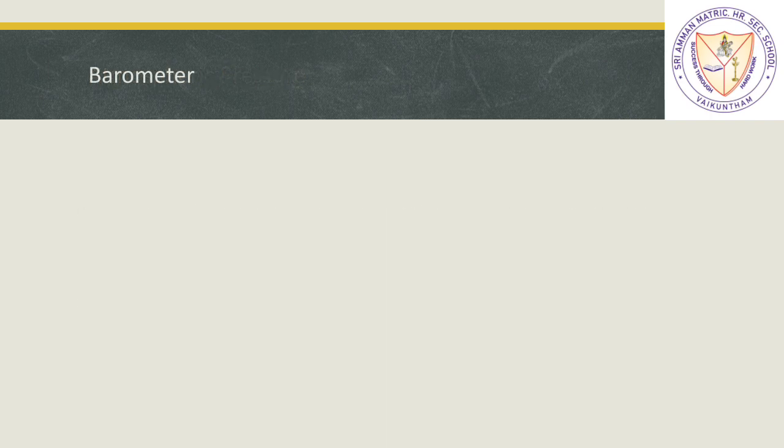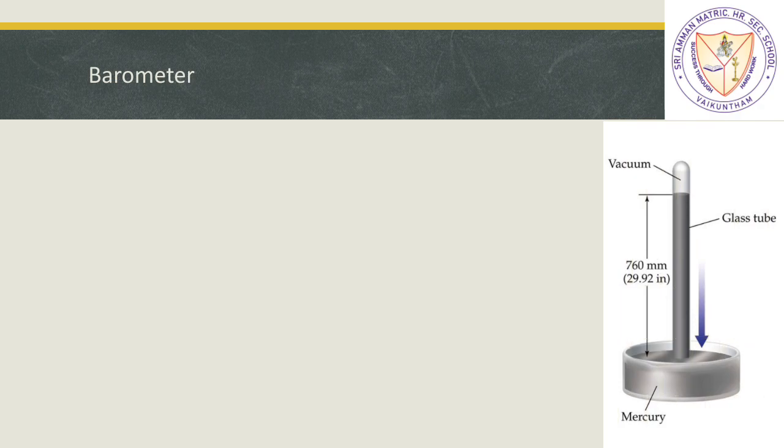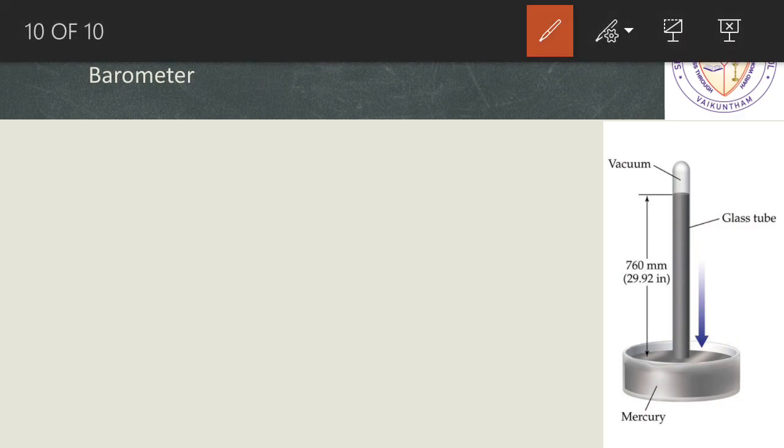Okay, how exactly does it look? So this is how a simple barometer looks like. It contains mainly a beaker containing mercury. This is a glass beaker which contains mercury, and this is a glass tube which will be empty initially. So what exactly we do, we go to a place where we need to calculate the atmospheric pressure. So first